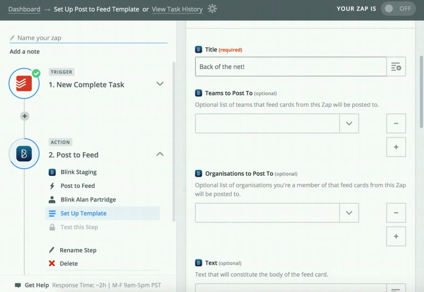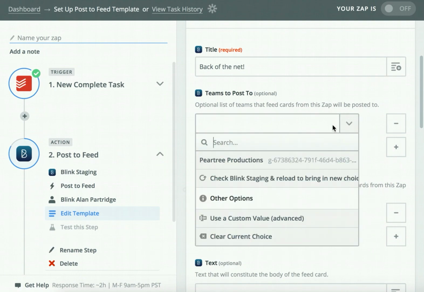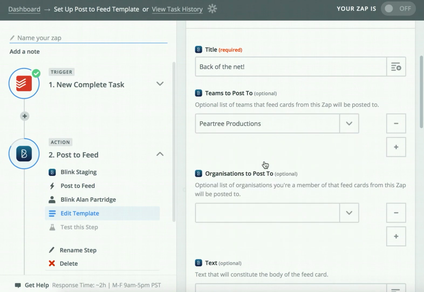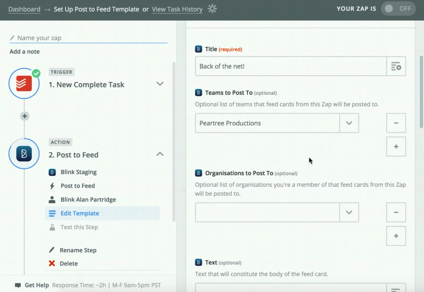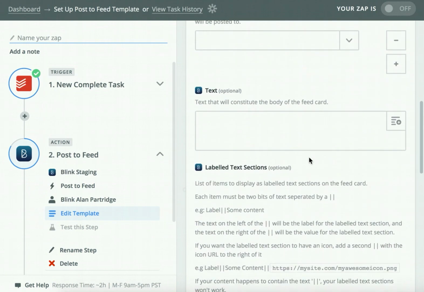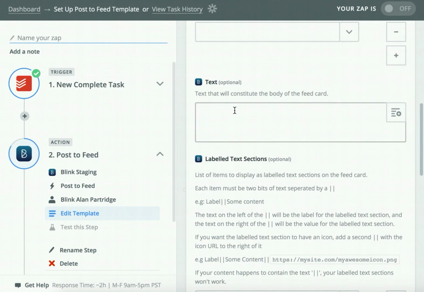I'm going to choose whether I want to post to a team or an organization. So let's say a team. And when we click down, Zapier is going to connect to Blink and show me my available teams. So Pear Tree Productions team. Then I'm going to give it some text to say